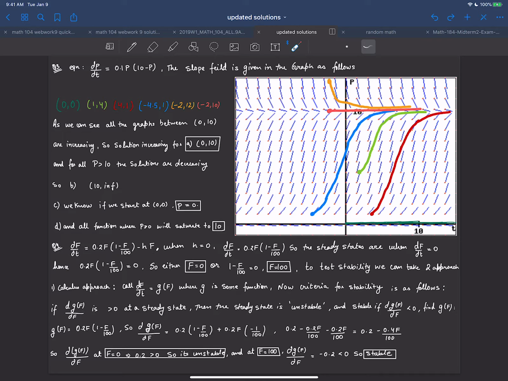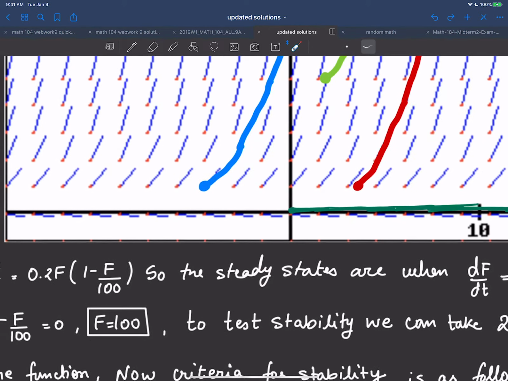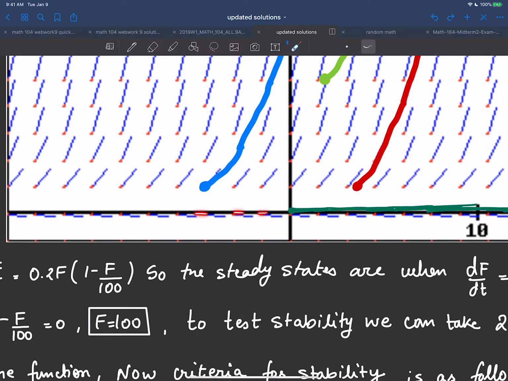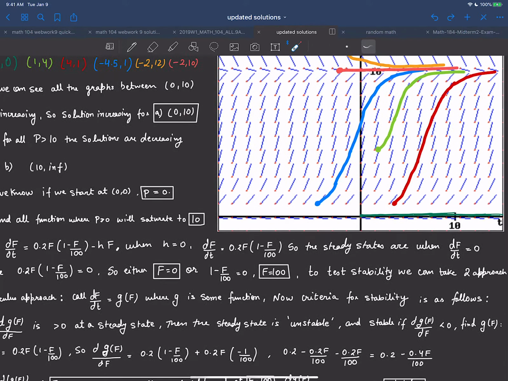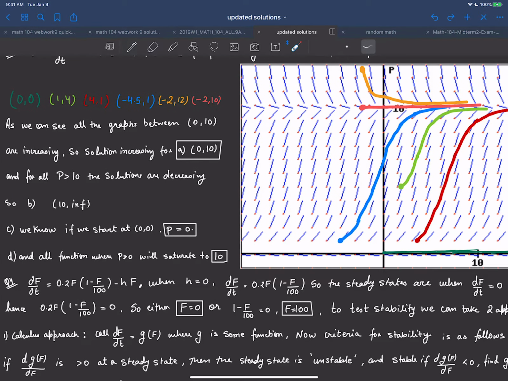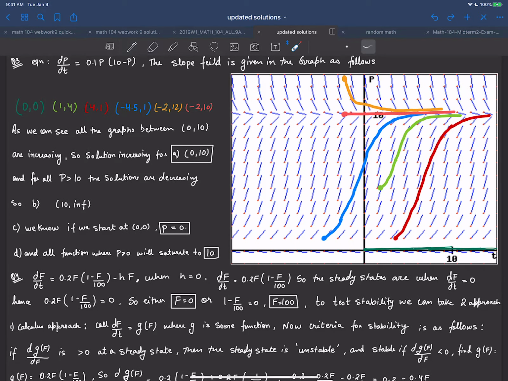Okay, so let's start at 0, 0. Right now what you have to see is, I don't know if you're probably able to see it or not, but if you're in this very close zone, the slopes at 0 are nothing but horizontal. So if you start at this point, which is 0, 0, the very first point, as time progresses, you're going to follow the slopes. The slope is always telling you to stay horizontal here, and that's what you're going to do. So that's why if you start at 0, 0, your solution's always going to stay there as a straight line down there. Let's talk about 1,